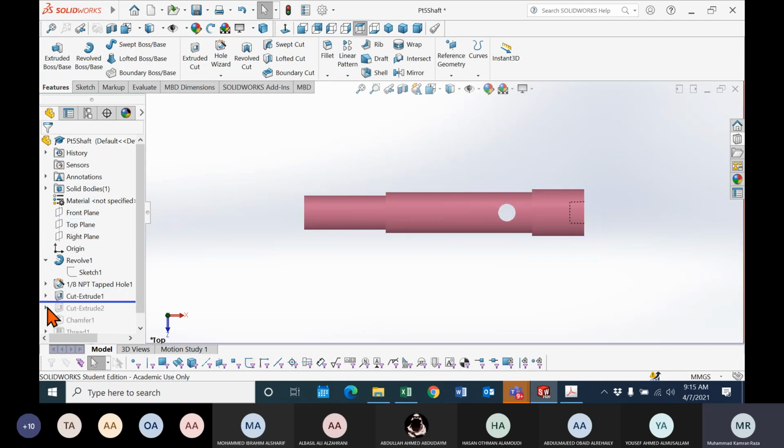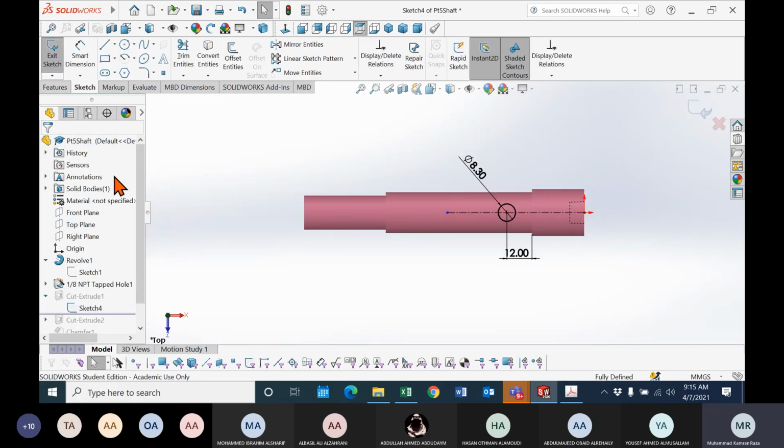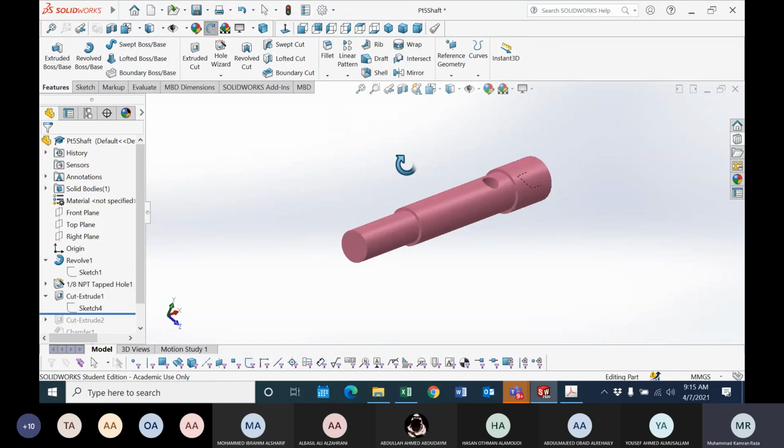This is what I have done. On the top plane, the hole diameter is 8.3. This distance is given from this edge, 12, and it is on the center line passing through the middle of the part. These three things you will need. After that, cut through all. So you will get this hole.